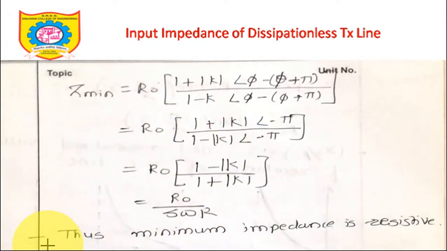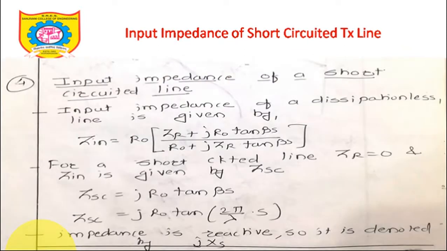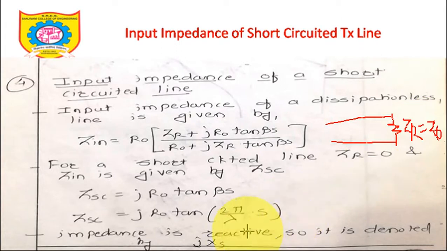Now it's time to discuss the next point, a special case of this input impedance: the short circuit line. Now try to understand. Till this moment we were talking about a transmission line terminated with ZR equal to Z0. If a transmission line is not exactly terminated at ZR equal to Z0 and we call it lossless, let's understand a transmission line which is short circuited. Short circuited means it's directly closed, something like this. These are the ends of the transmission line terminals and it is short circuited.